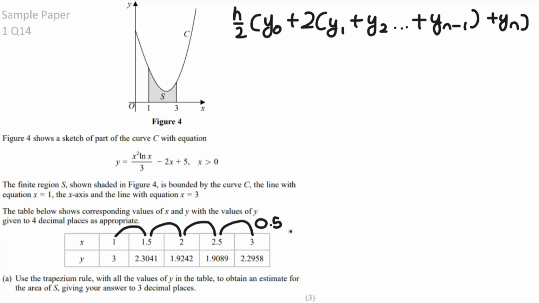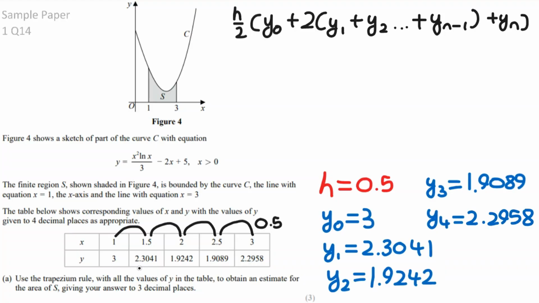0.5, so therefore h is equal to 0.5, and therefore if we're starting with x is equal to 1 here, y0 is going to be equal to 3, y1 is going to be equal to this 2.3041, then it's going to keep going up like this until y4 is equal to 2.2958. So therefore we've got all the values for the trapezium rule formula, so we're just going to sub the